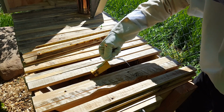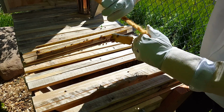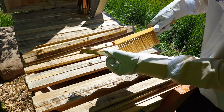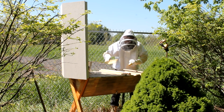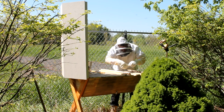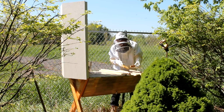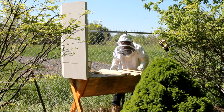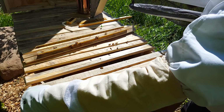So let's get our brush out here. This is like a dance, doing all this different stuff. I've got camera equipment and microphones. Okay, there's nobody home in the queen box anymore, and they definitely ate through all the candy and everything, so that's cool. Now I just have to get